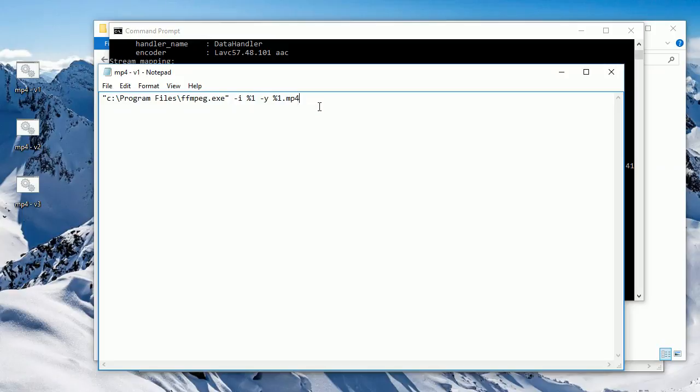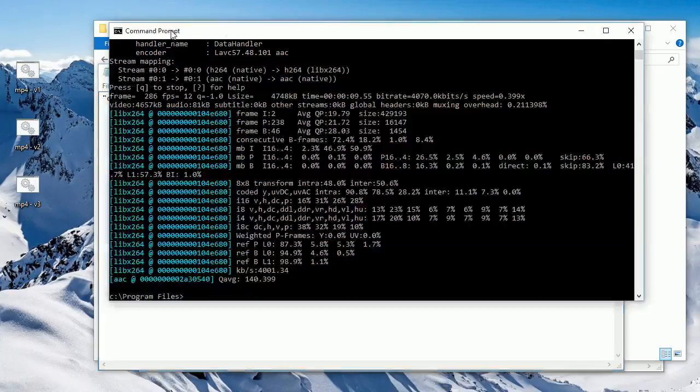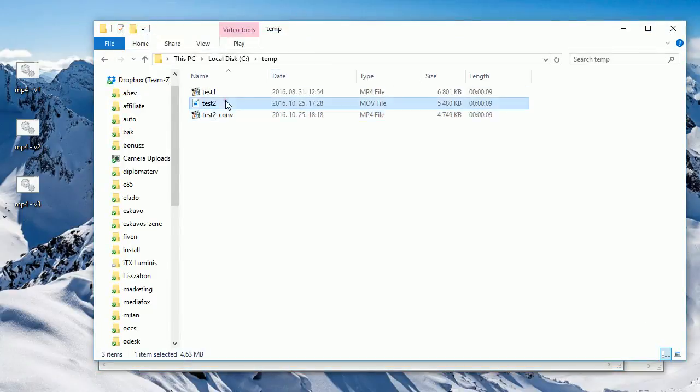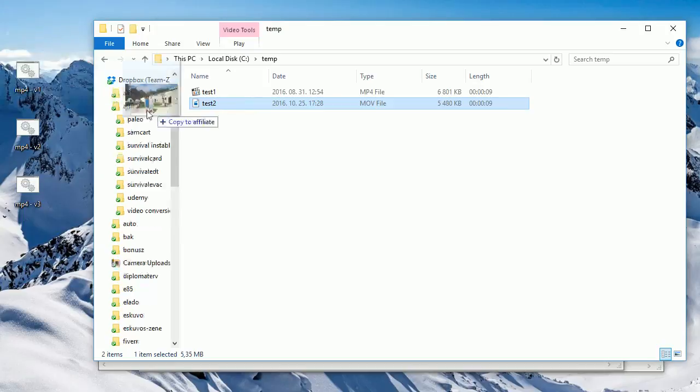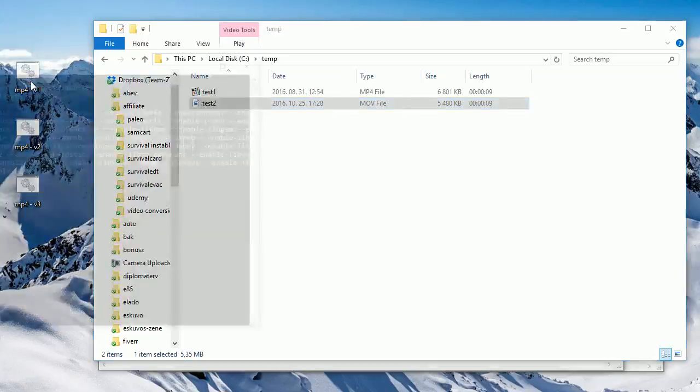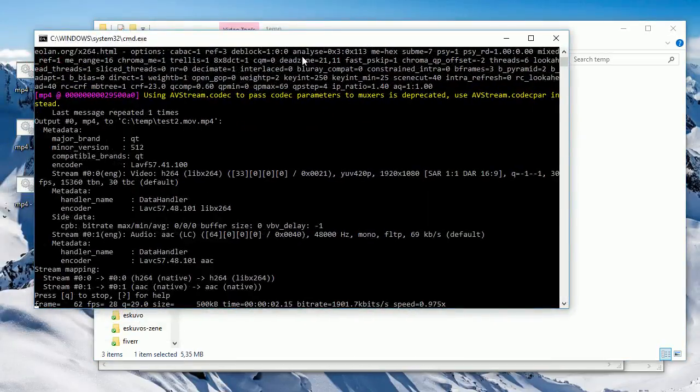end. Let's try it and you will understand. Okay. Let's find my test2.mov. I delete the previously converted mp4 and let's drop it. I just grabbed it and drop it on this droplet. It starts the FFmpeg command just like before. We wait a bit,